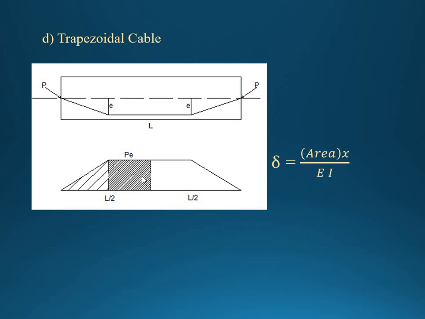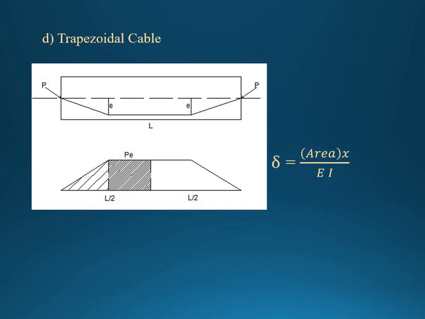But what we should do for area is, as we know the deflection formula is delta equal to area into centroidal distance by EI, but while writing the area and the centroidal distance you should be careful. Here we have two areas, one is triangle and one more is a rectangle. So do the calculation as I have explained, then add both the area and the centroidal distance. Here you can see one triangular area, one rectangle area. So add both the areas.